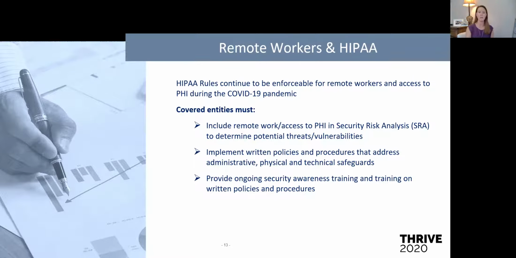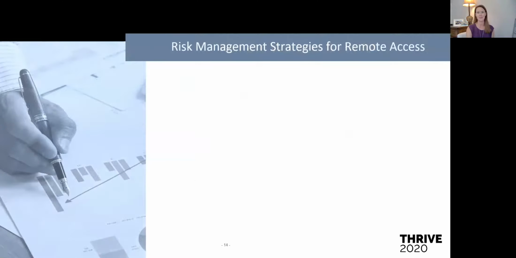So we're going to talk about some different things that you can do in your practice to help you manage this. So the first thing you need to do is determine, are you going to own the equipment you're providing to your remote workers, or are you going to allow them to use their own devices? And we're going to talk a little bit more about the whole bring your own device, or BYOD, in a few slides. But I want to go ahead and put this in your mind right now,